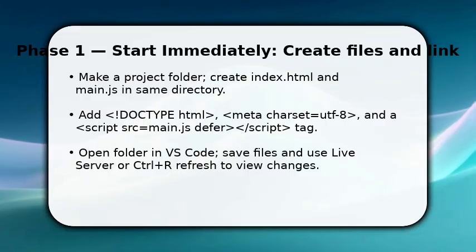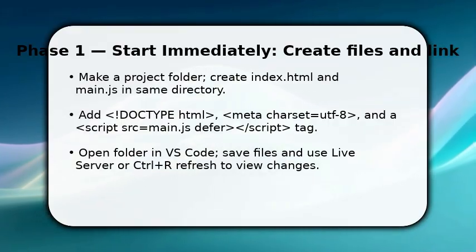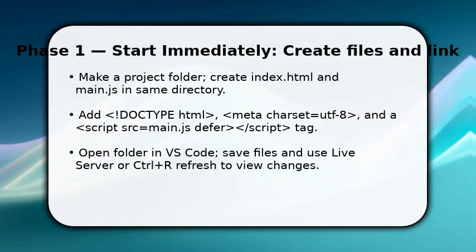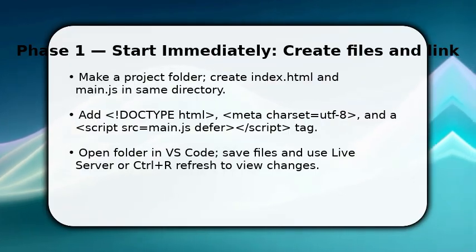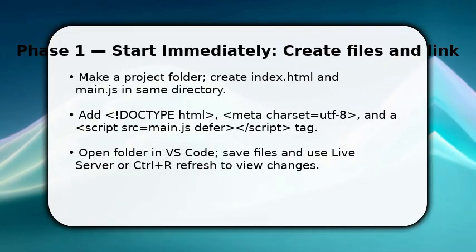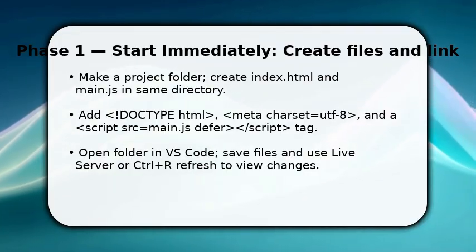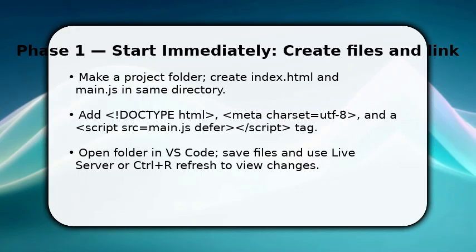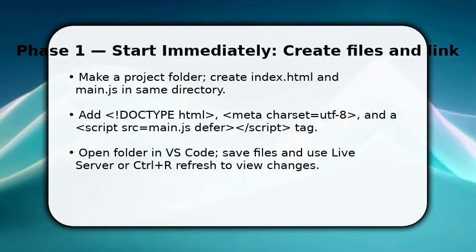You start by making an index.html and a main.js inside one project folder. Open that folder in VS Code now. Once done, add a basic HTML skeleton with doctype html and meta charset equals UTF-8. Then link your script src equals main.js